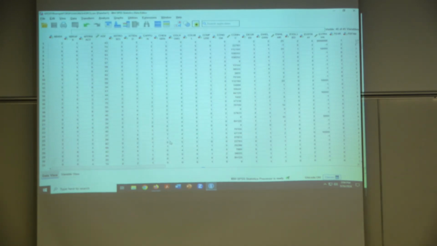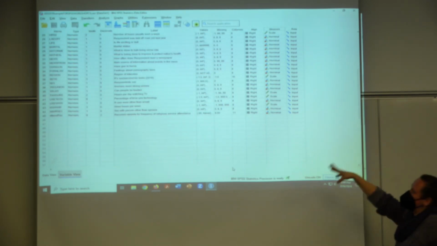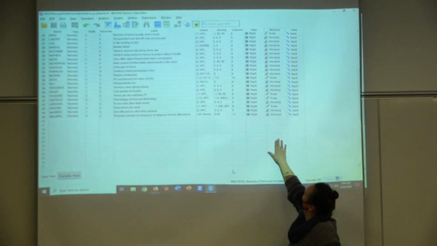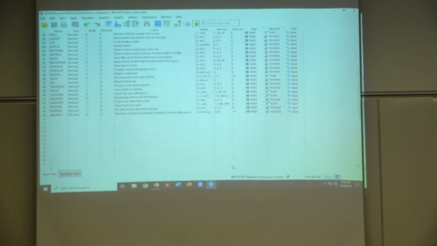And there's at least a few thousand participants represented here. So we're not necessarily going to open a data set and clean every single variable, every single bit of the data set. But you want to make sure that you are aware of the columns that I just mentioned. You're aware of the values column, the missing column, and the measure column for the variables you're actually going to use. Okay, so